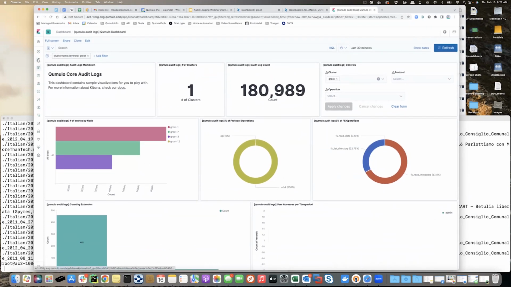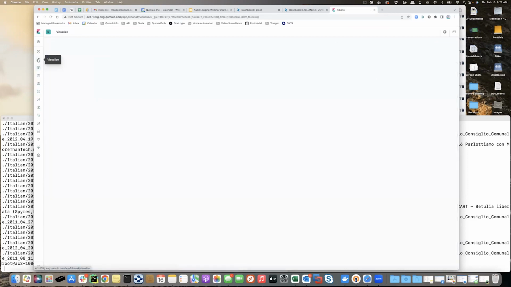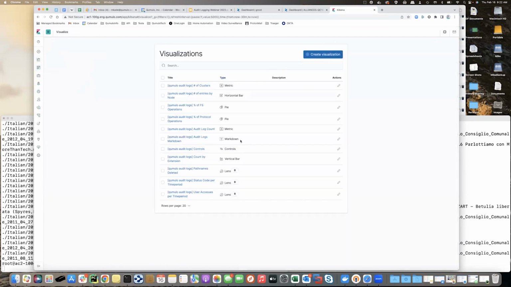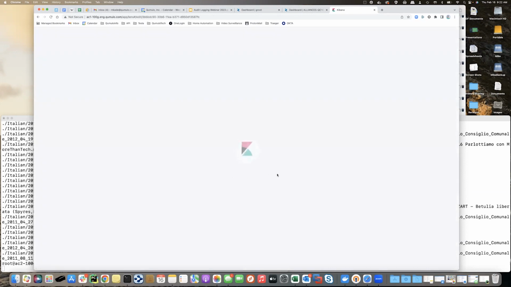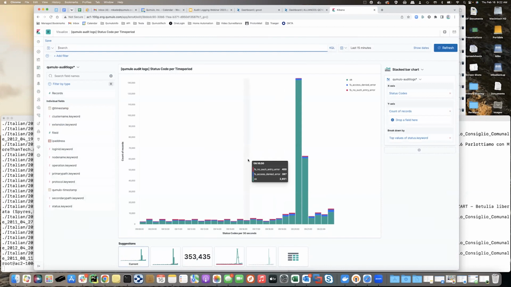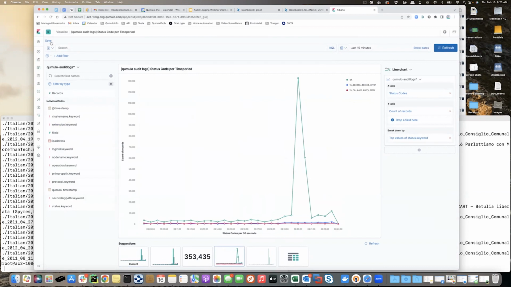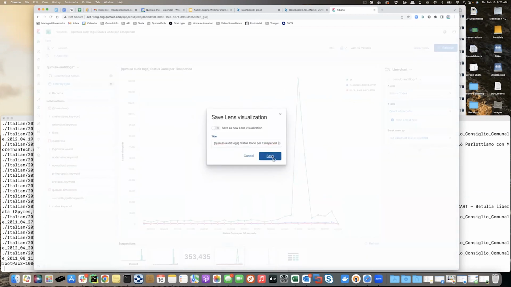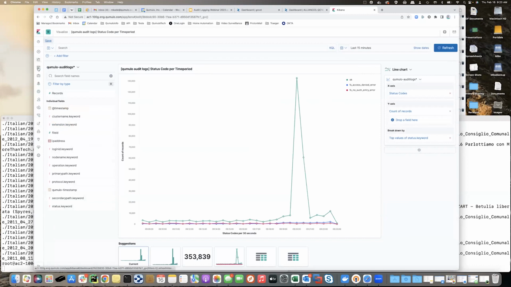I'm going to show you one final thing, and then we're going to go on to Splunk. But here are the individual panels, and so you can create them any way that you want. So for instance, status codes. If I want to go look at this panel, I want to design it, see how it was done. Here's all of the filters and what I'm grabbing, et cetera, and so on. I could actually change the way it looks. So I could say, show it this way, save it, right? Then when I come back to the dashboard,